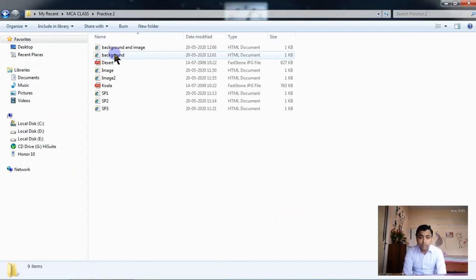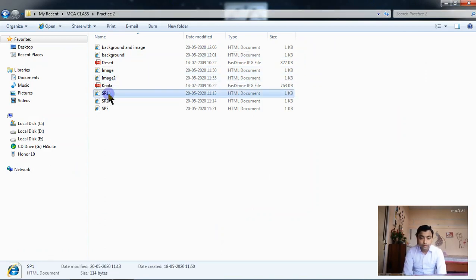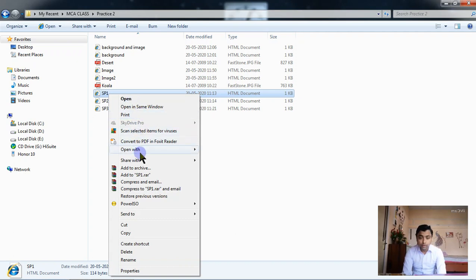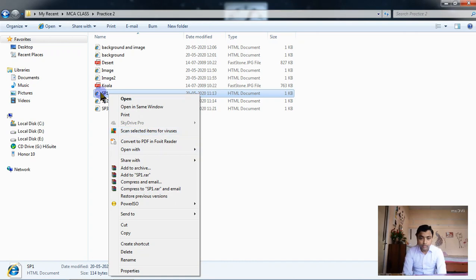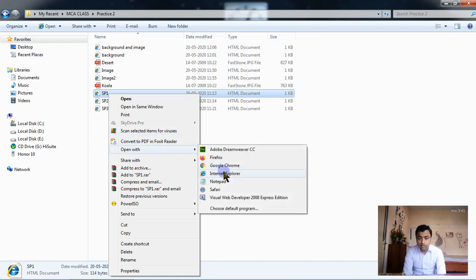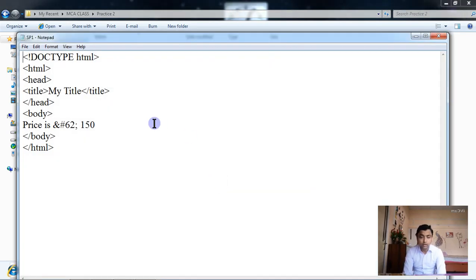So this is my practice 2. As you have to construct an HTML document in a text editor like Notepad, I have already prepared this special character program in SP1. As you can see, I am opening it with Notepad.